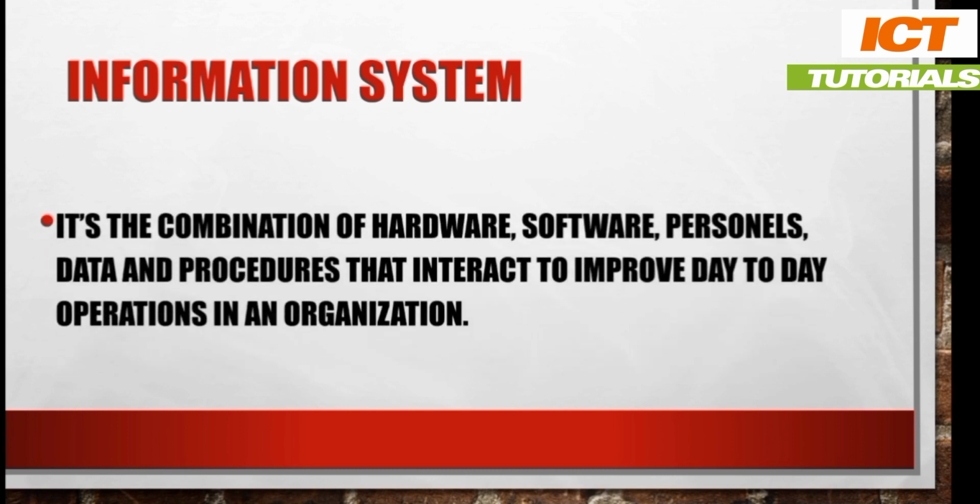So the combination of hardware, software and personnel, when they get combined to improve day-to-day operations in an organization. So remember, what an organization is and what organizations do. These are big institutions of producing information or giving out communications. So when they get combined, the hardware